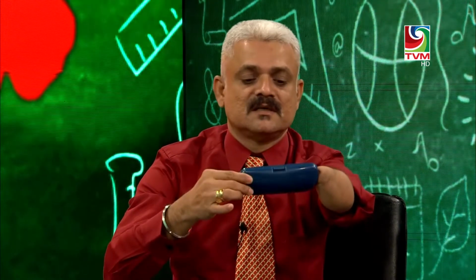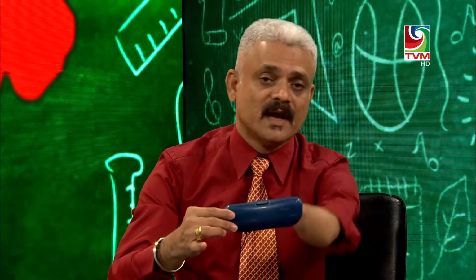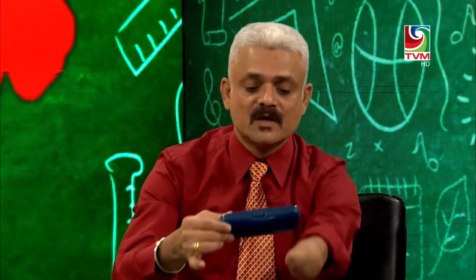Now negative charge is not created, it is removed from the drum. After this, what happens? The positively charged toner. Now a toner is a very fine powdered plastic. It is charged positively and rolled over the drum. Now why is it positive? Because this positively charged toner should stick onto the negative areas of the drum.